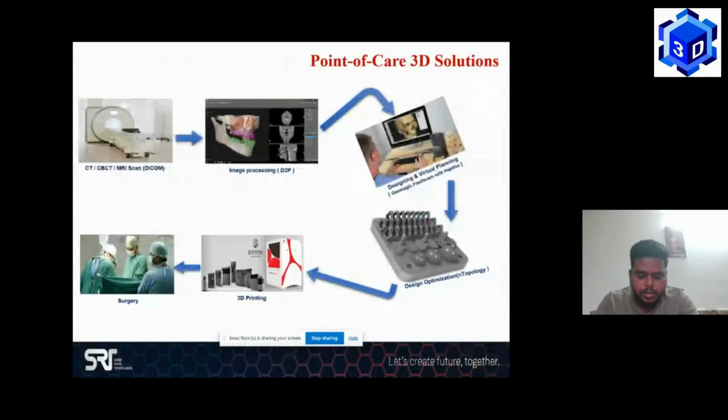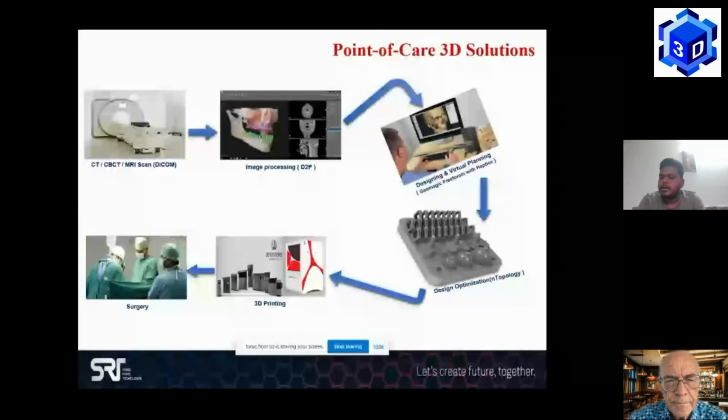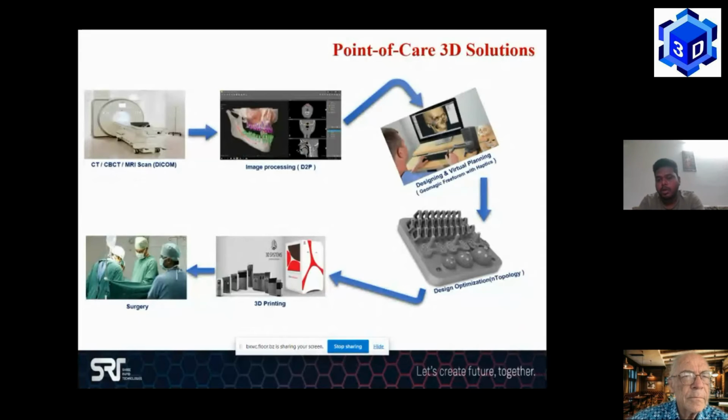So the main core of today's session is point of care in healthcare: reconstructive surgery, or any surgery related to soft tissue, hard tissue, and specifically it goes in a workflow. As per me, I would say I will take two major steps: software and hardware. In software, medical image processing is the first, and then designing goes in the second step. And in 3D printing of healthcare, software takes a major role because,